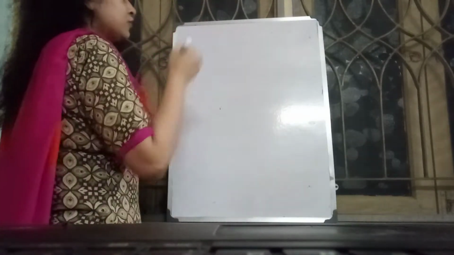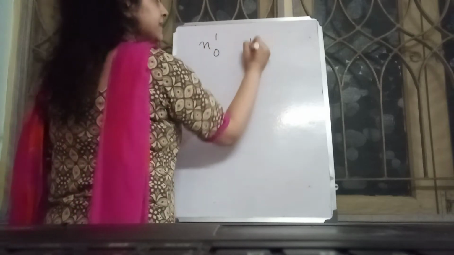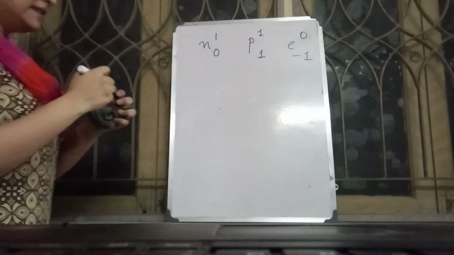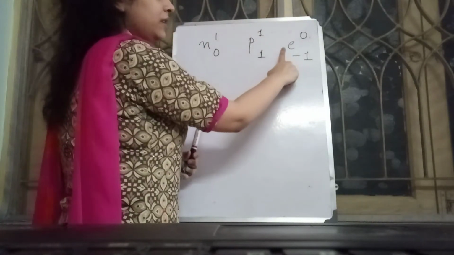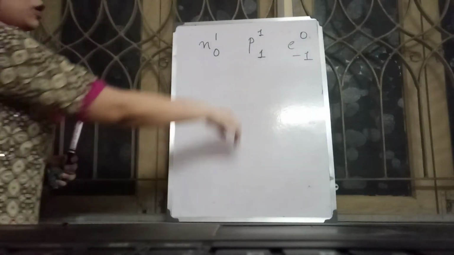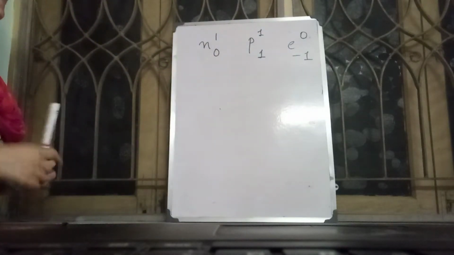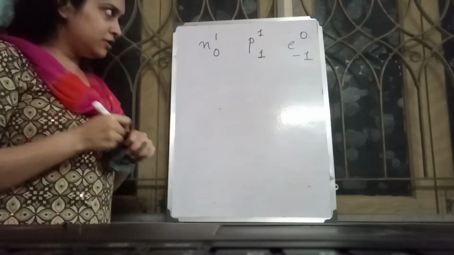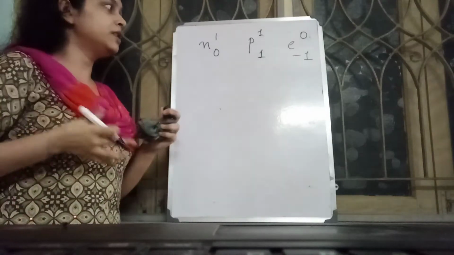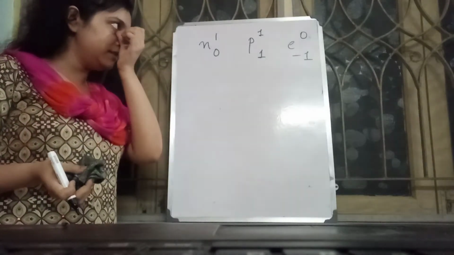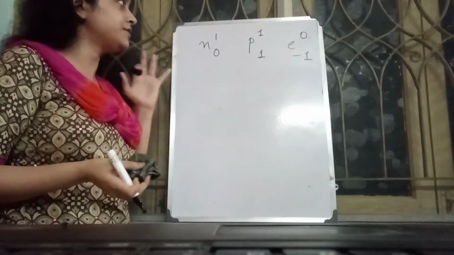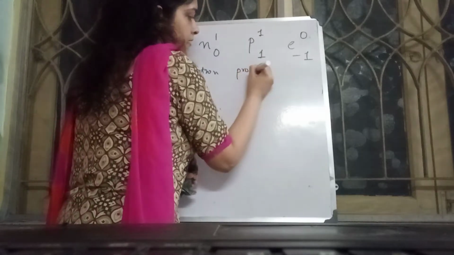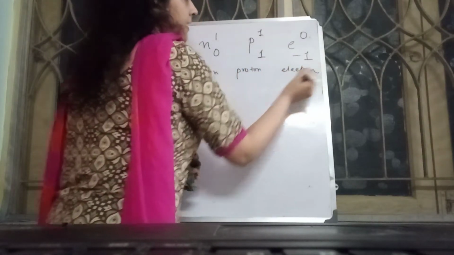How do we represent neutron? We represent proton like this. Electron, this is because, just imagine, electron has a negative charge, proton positive 1, neutron 0. I thought that maybe you should know this since I've read all these things in chemistry, but I still wanted to recap. This is how we represent neutron, proton, electron. Okay.